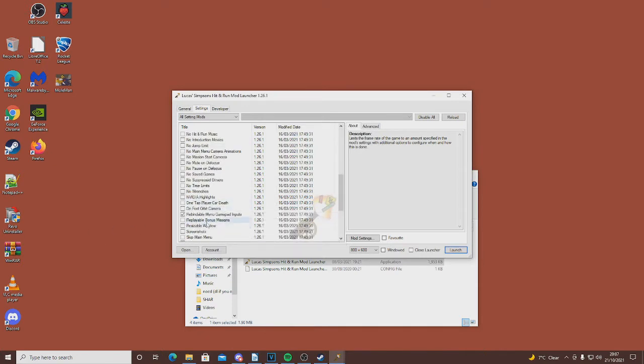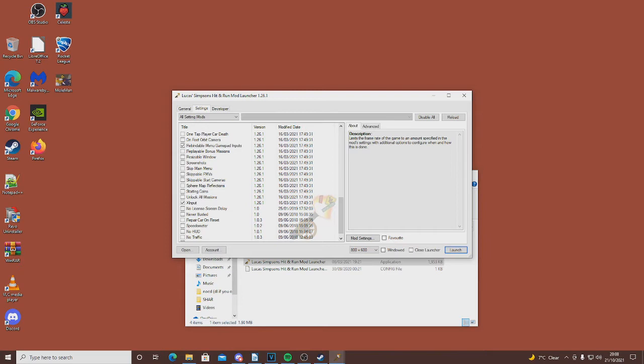The next mod I'm going to use is Rebindable Menu Gamepad Inputs. This means that when I press start on my gamepad, it will pause the game. And the final mod that I'm going to use is XInput. XInput allows me, who has an Xbox 360 controller, to be able to press both triggers at the same time. If you have any other controller issues, please ask in the setup help portion of the Discord.